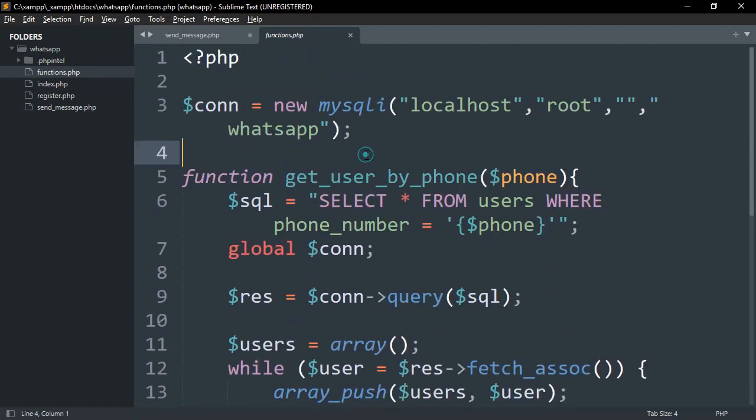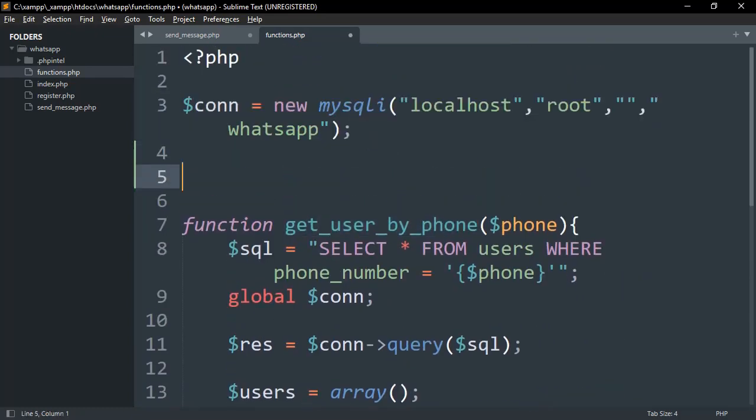Okay, so this one is going to be get user by phone. No, this one was just for creating the user. Let us now write the function for sending the message. So it's going to be a function, I'm going to call it send